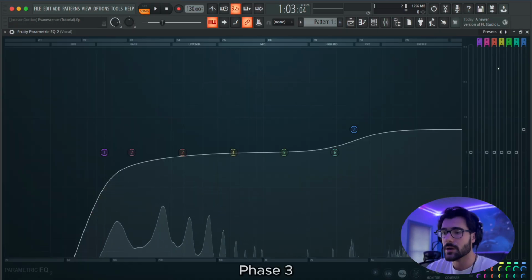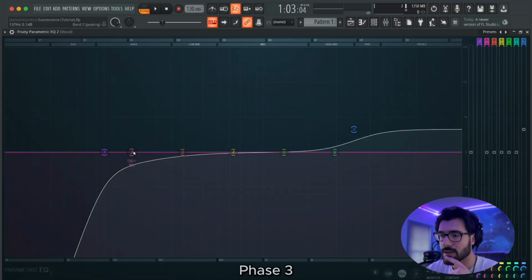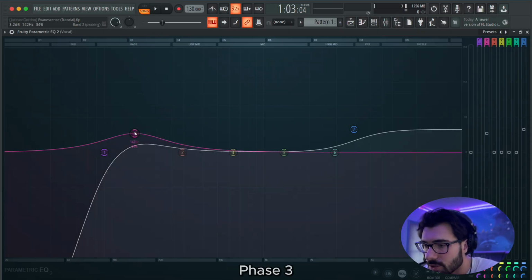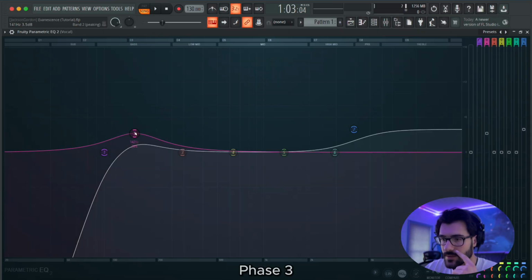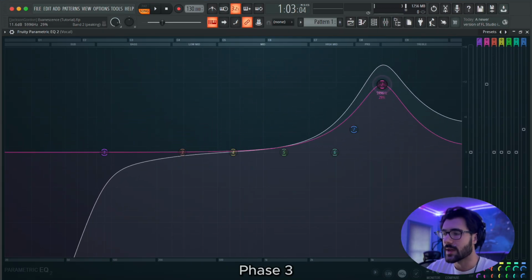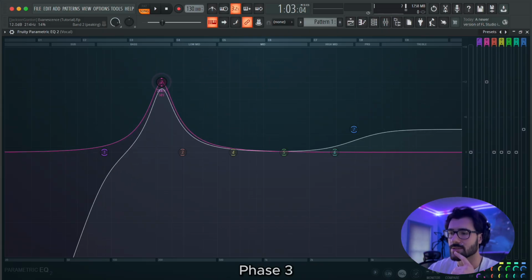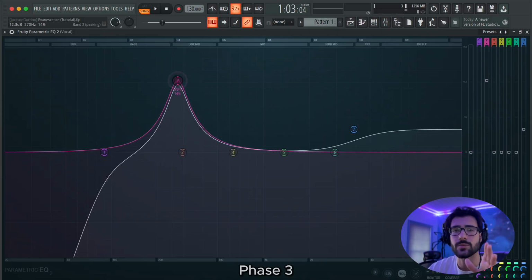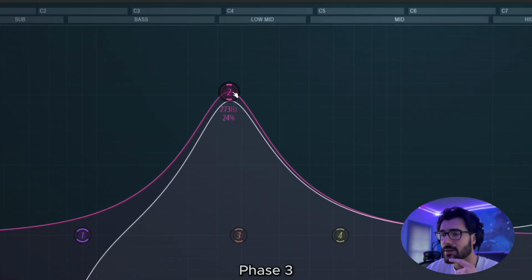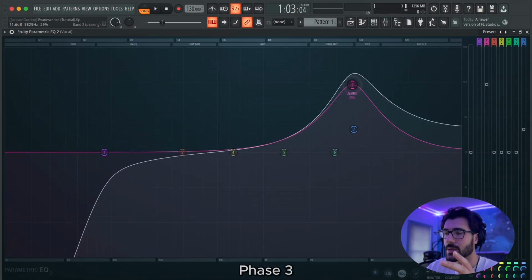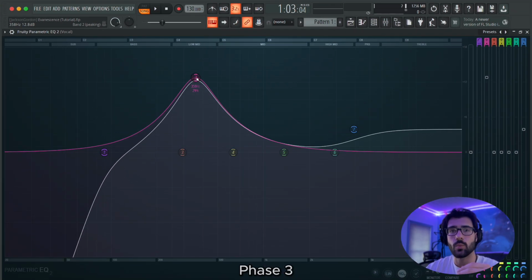So in your Fruity Parametric EQ2, you're going to take your number 2 knob here and you're going to scroll down twice. This is going to make it a bump that you can drag around here that's not too narrow. You don't want to make it too narrow like this, where you're editing out pencil-thin frequencies. That's more for advanced, once you're more comfortable with the frequency range. For now you're going to want to start where it says about 24 to 29%. It's going to be a big enough frequency range that you can cut out what needs to be cut out